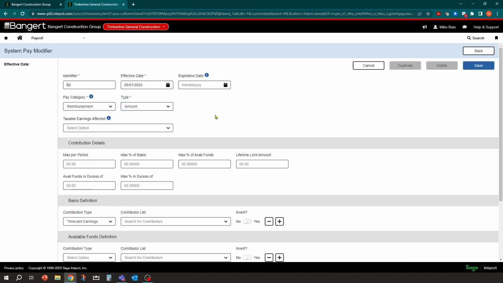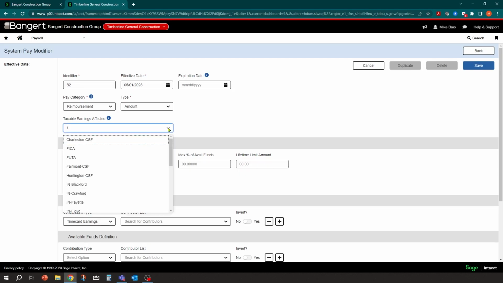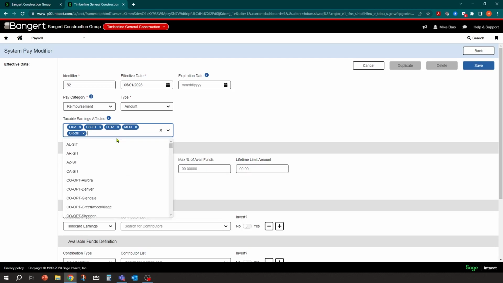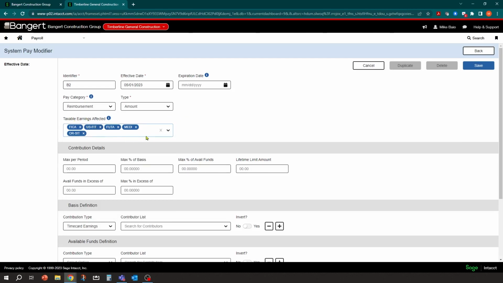And then from there, you're going to want to put in the taxes that are affected by this bonus. So for example, you're going to want to list your federal income tax, your FUTA, all your traditional federal taxes, your FICA, and your Medicare. And I'm just quickly selecting them. And then whatever state. So for example, SIT, I believe my demo state is Oregon. If you're unsure, select them all. But whatever your state is, and then maybe a state income tax, unemployment tax if you have that too. So you're going to go through and select all the taxes that are affected for this system pay modifier.